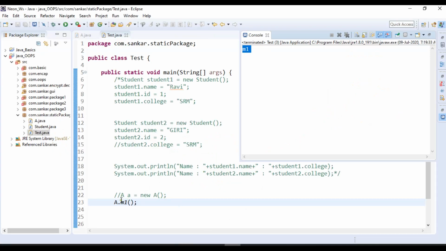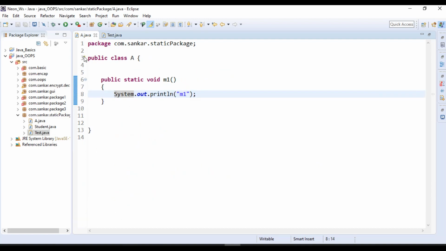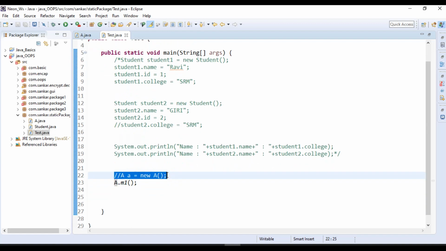Apart from creating objects, I simply refer to A.m1, where A here is the class name. The conclusion is that there is no need to create extra objects to call static members or methods.